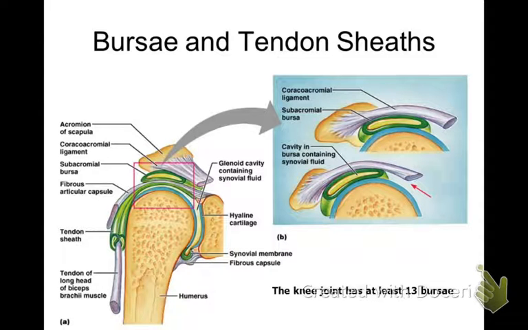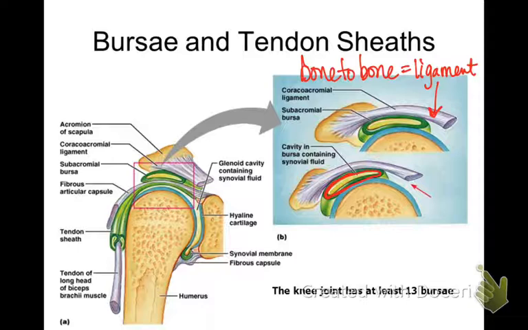Okay, so here's a nice picture, better than my little drawings. Okay, so the bursae are shown. I've got to make a color that you can see. So this is the bursae inside of there. Okay, so you see how it sits over, and then this would be a ligament. Ligaments attach bone to bone. Okay,